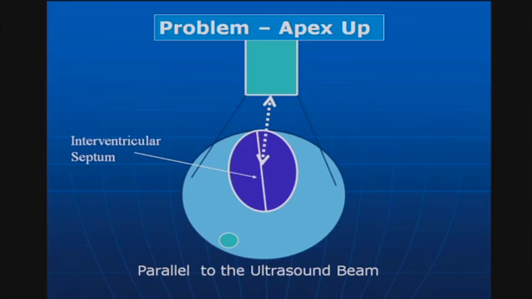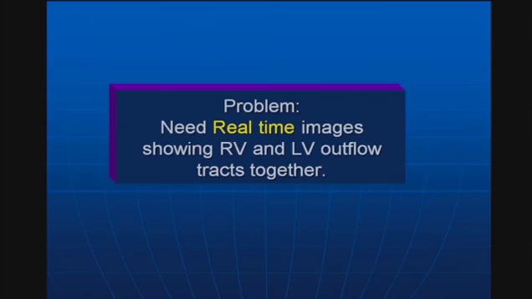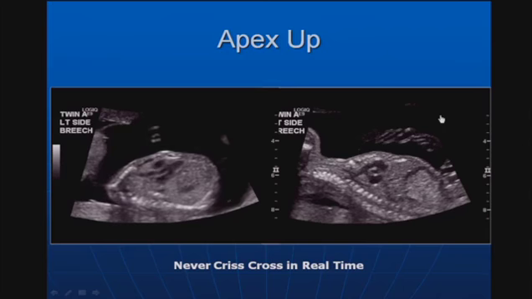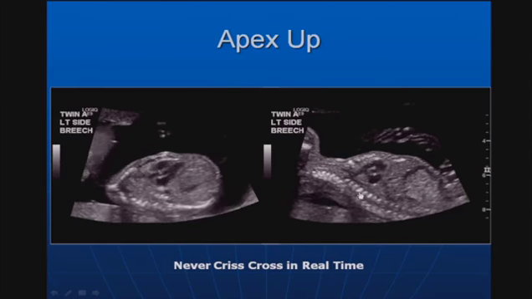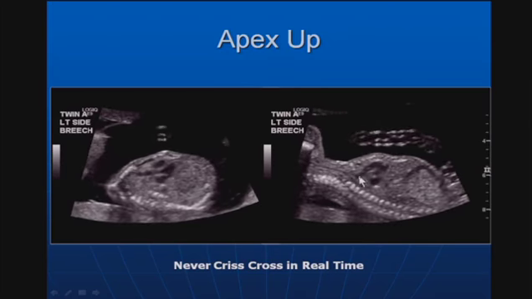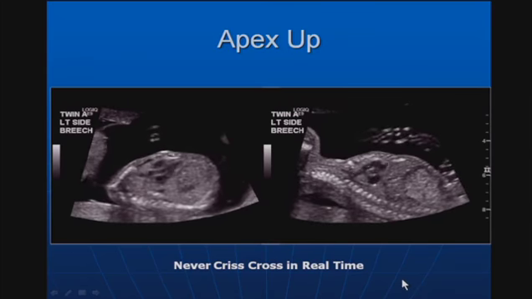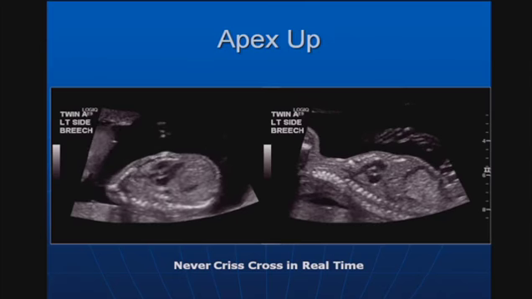Problem is, when that apex is up, it's somewhat difficult to get these two vessels to cross one another. And once you do, you have to show everything in real time. So apex up, we get the LVOT, we think, we get the RVOT, but you really have to identify that what you think is the pulmonary artery bifurcates. So in this case, you see the LVOT very nicely, you see the RVOT, but it'd be nice to see these crisscross, which we don't have, or for this to bifurcate as a pulmonary artery to be absolutely sure that